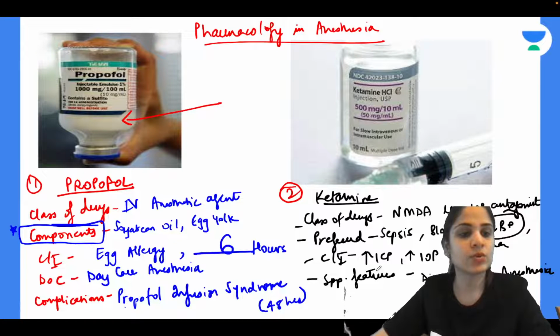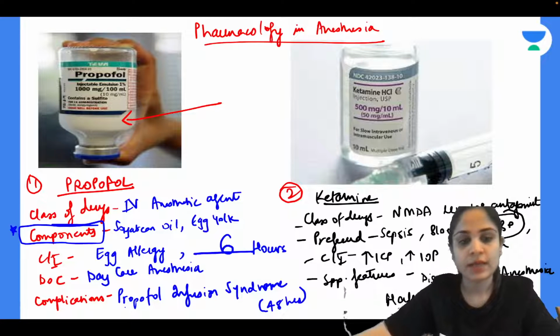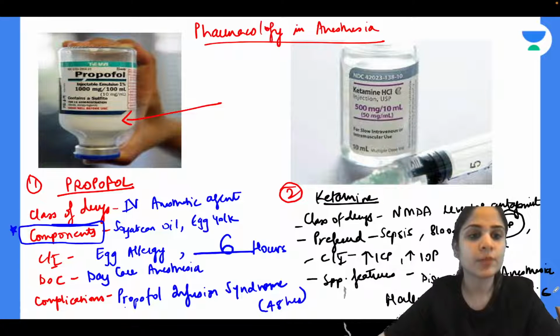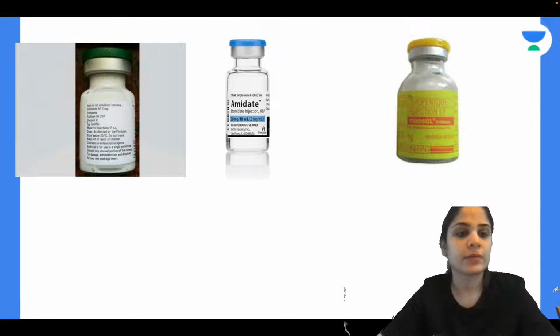Anything else that you guys know of? Nystagmus, okay, yes, you get nystagmus, but more than that you get hallucinations with ketamine. And remember, ketamine is proemetic, so it causes more nausea and vomiting. Just as propofol is antiemetic, ketamine is actually proemetic. Alright, moving on to our next class of drugs.